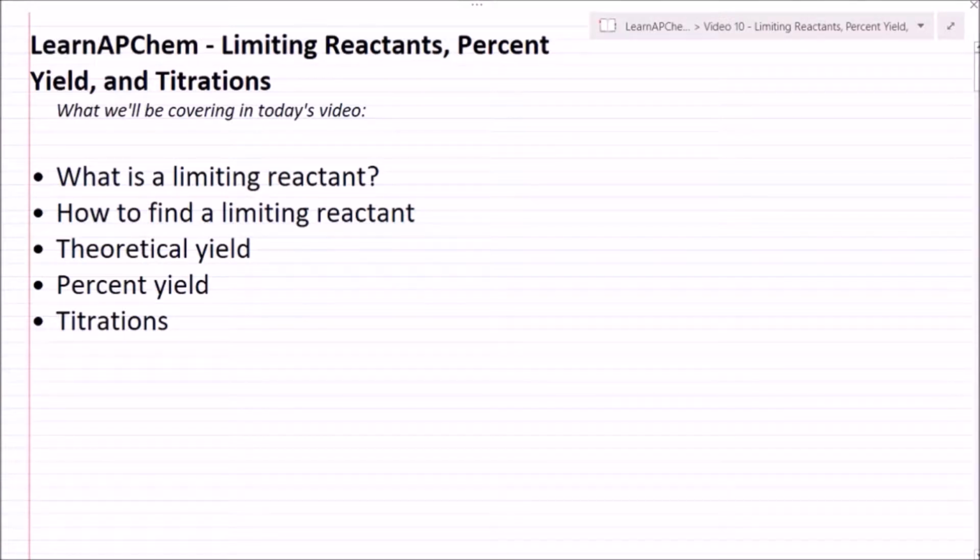In this video, we're going to talk about limiting reactants, percent yield, and titrations. So we'll go over what is a limiting reactant, how to find a limiting reactant, theoretical yield and percent yield,